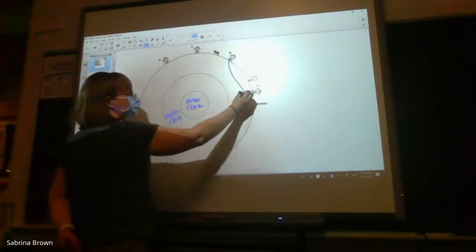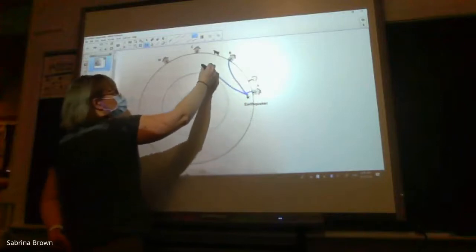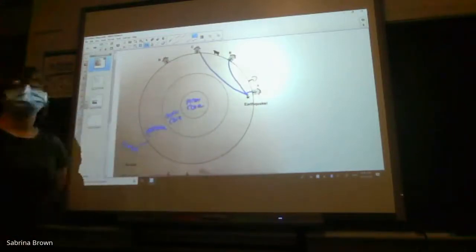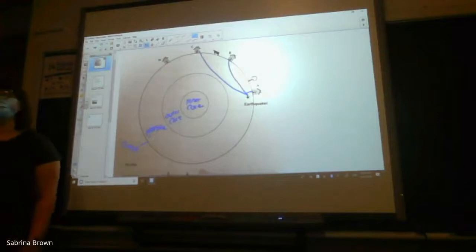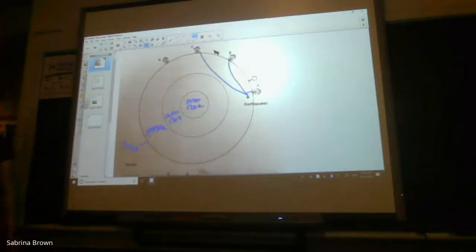Same thing for C. Notice that A, B, and C are all just moving through the mantle. So they are this essentially straight path with a little bit of deflection due to what the mantle is composed of. But as we draw our line to D,